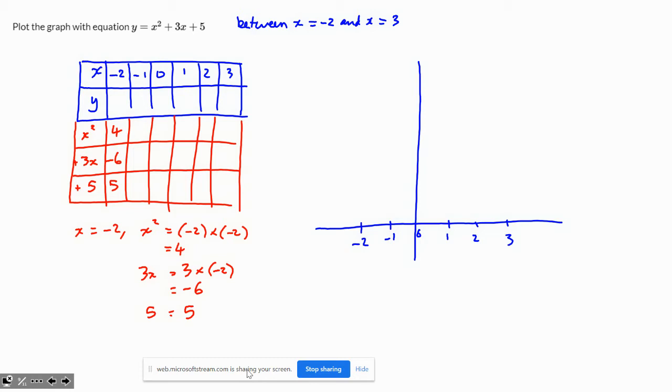So my y value is all of those together. X squared plus 3x plus 5 is going to be 4, take away 6, which is -2, plus 5, which is 3. So y is going to equal 3. When x is -1,